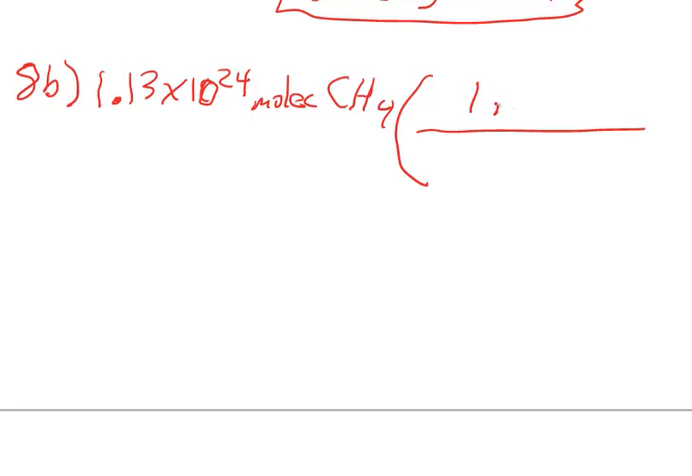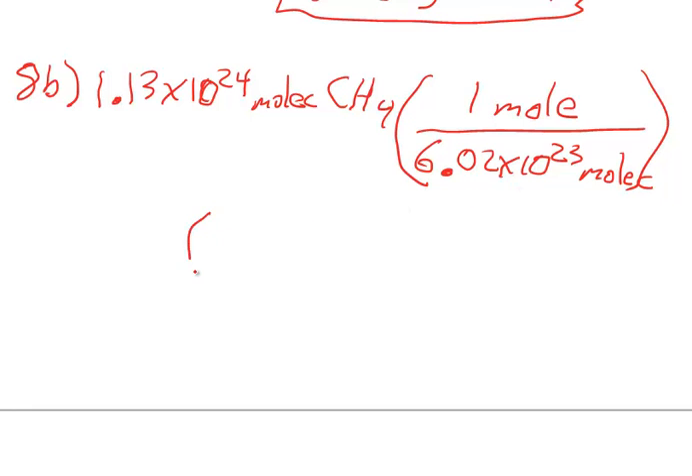I want to find moles first. Get rid of molecules. There are 6.02 times 10 to the 23rd molecules in 1 mole. And then my second conversion factor, I need to go to mass, so I want to get rid of moles, and moles now goes on the bottom. I want grams of CH4,